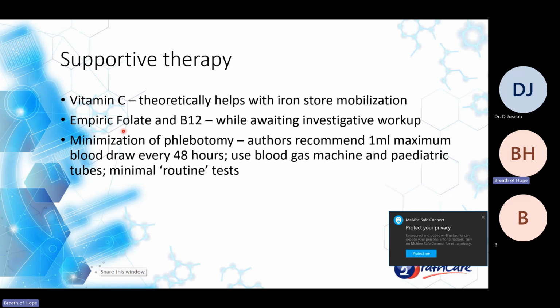In this protocol, they start folate and B12 therapy immediately on initiation of the protocol. They take folate and B12 levels just before initiating the protocol and wait for the results. And based on the results, they'll decide whether or not to continue the folate and the B12. And they strongly emphasize minimization of phlebotomy. The authors recommend only drawing 1 mL of blood every 48 hours, preferably to use a blood gas machine and